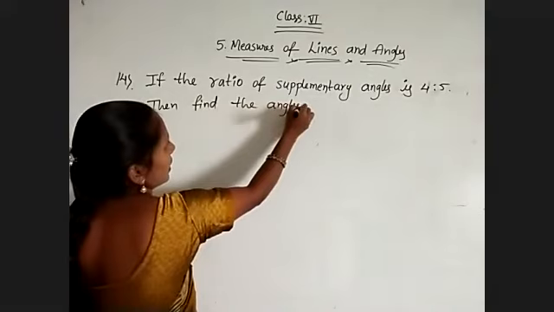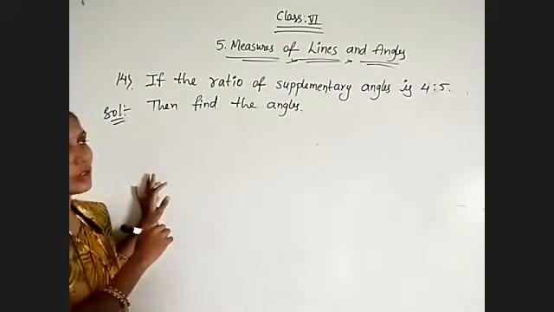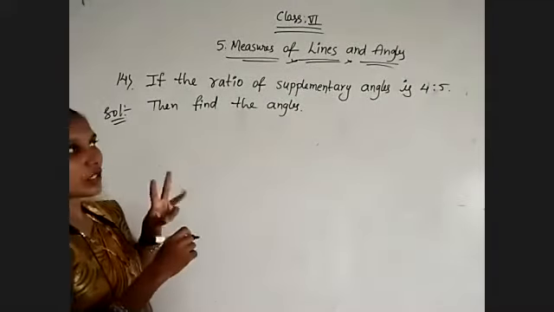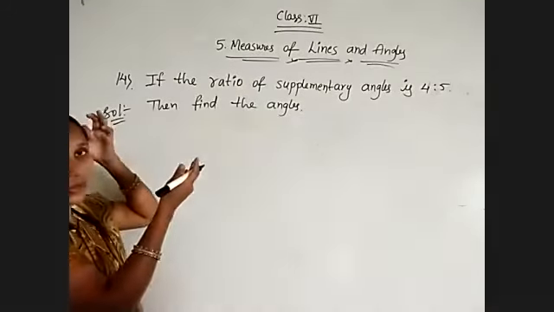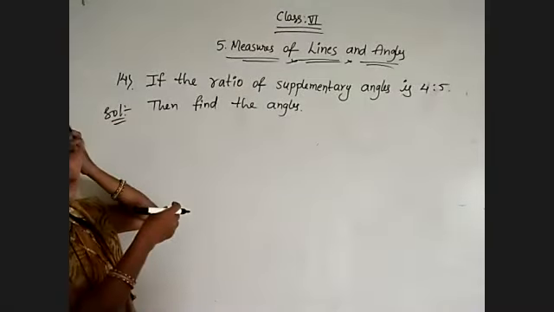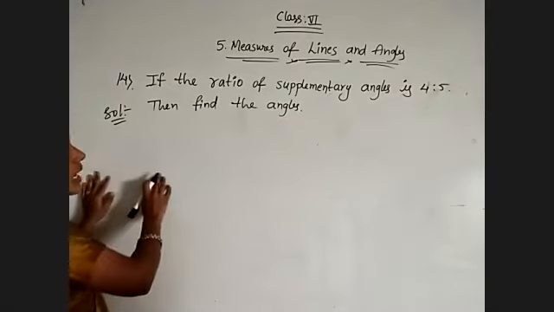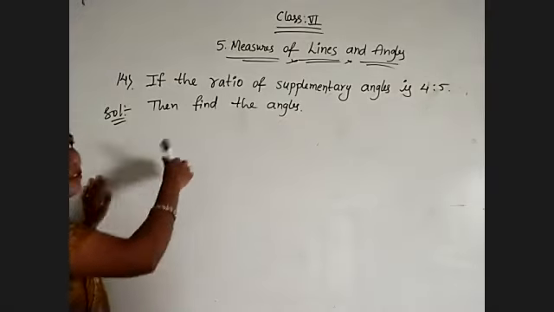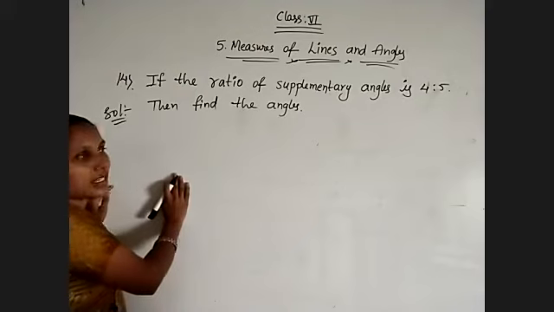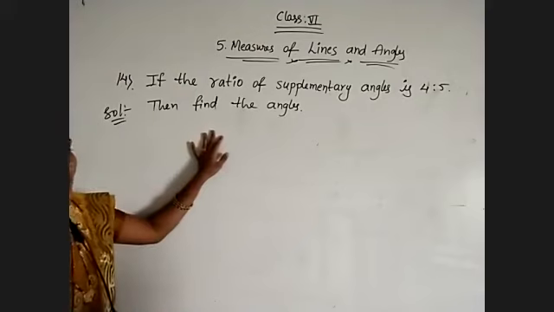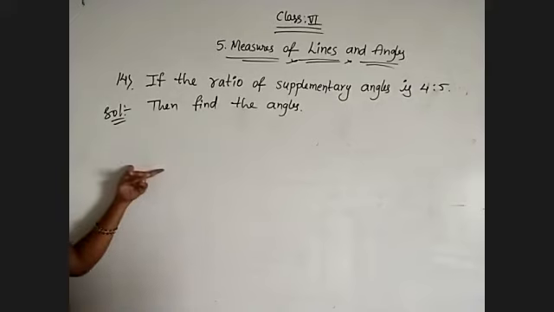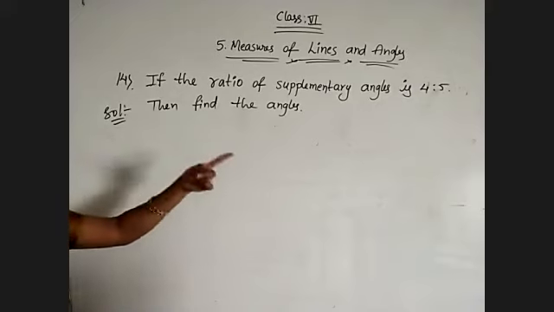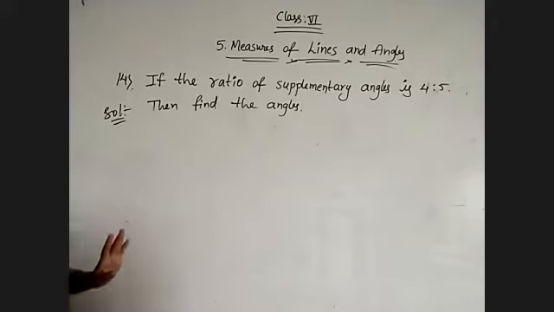See, whenever a ratio is given, it is very simple to do the problem. We can do it in two methods. I will show you how we can do this problem in different methods. First, observe the given ratio and for which angles they are asking: supplementary angles. And listen, if you are getting options, try to take the ratio of the given options. Where you get 4:5, that is the required answer.